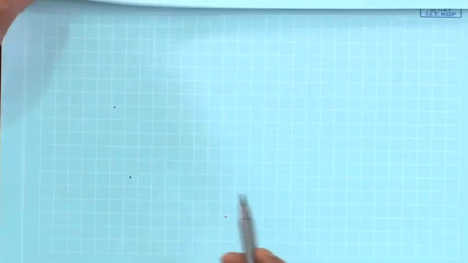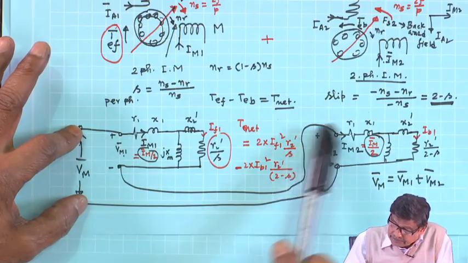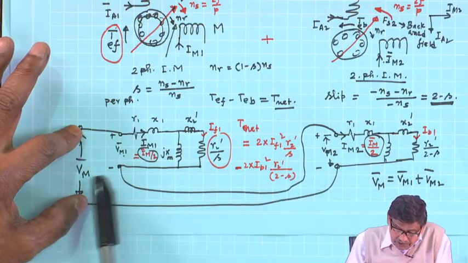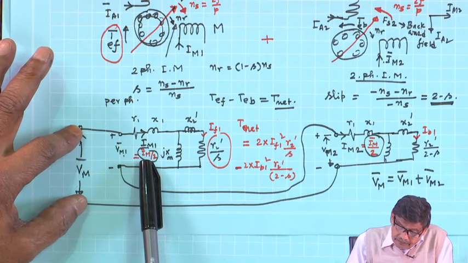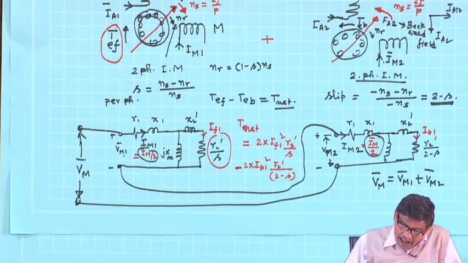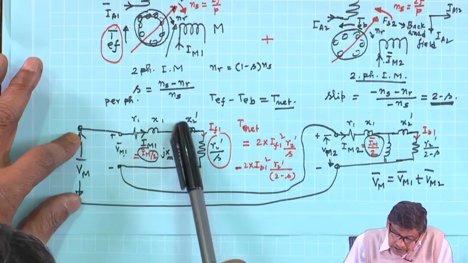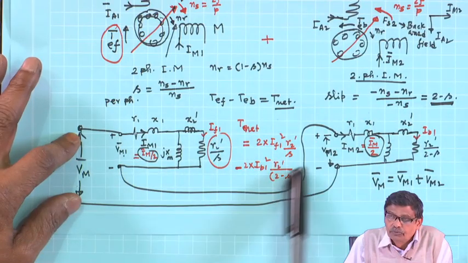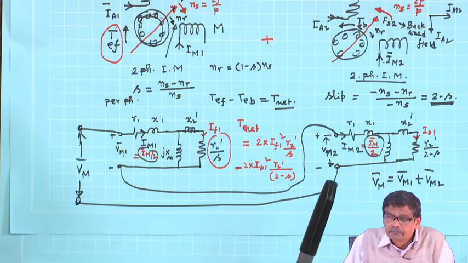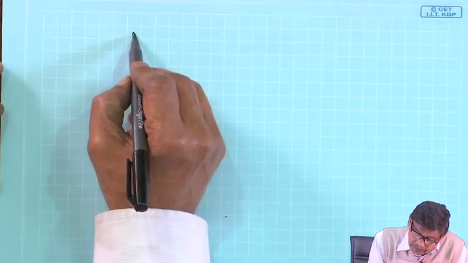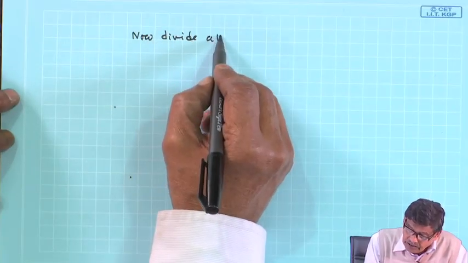What you do is this: your voltage here is Vm, all the impedances, this plus this, when you divide Vm by them you get this Im by 2. Now suppose I say I will keep this Vm the same, because Vm is the applied voltage, and divide all the impedances by 2, then the current drawn must be Im. That is, now divide all the impedances